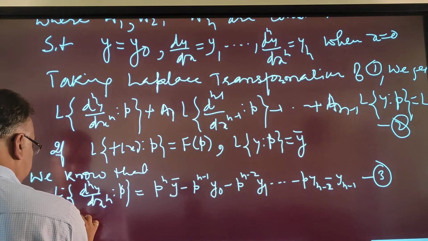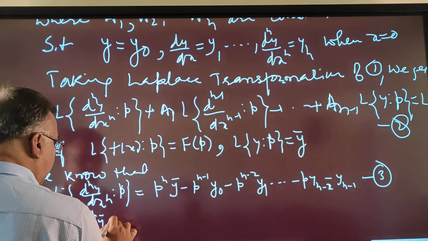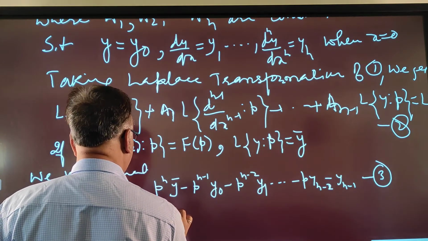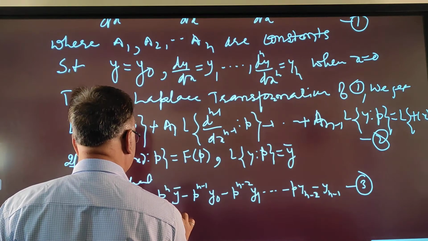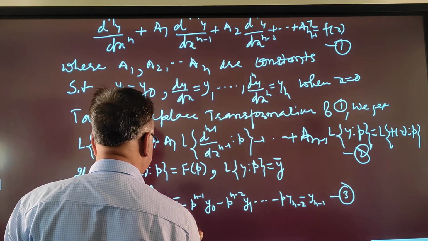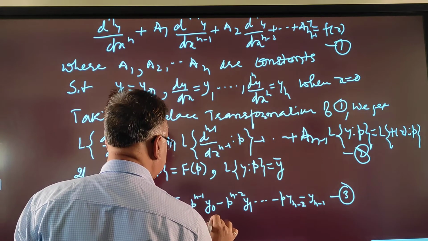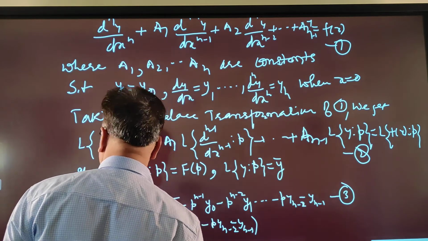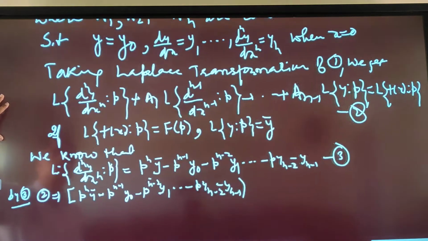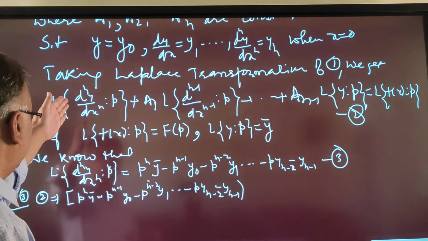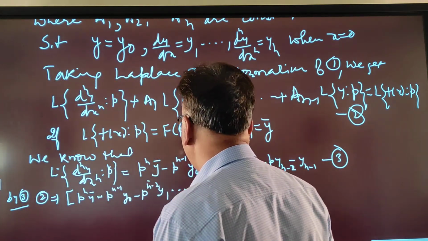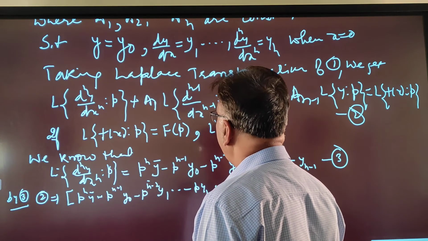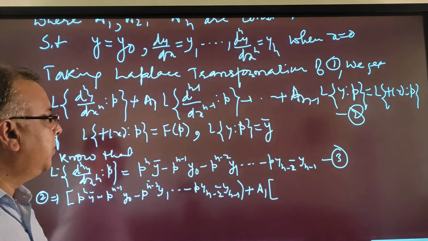Here we have taken p raised to n y bar minus p raised to n minus 1 y0 minus p raised to n minus 2 y1 minus and so on, minus p y n minus 2 minus y n minus 1. This is the value of the Laplace transformation of d^n y upon dx^n, plus the constant a1 multiplied by the Laplace transformation of d^(n minus 1) y